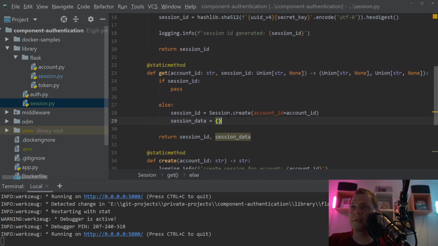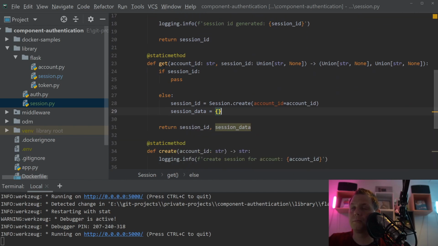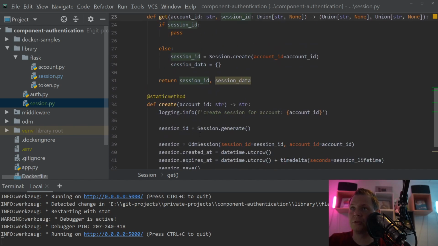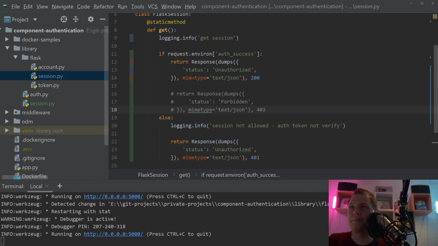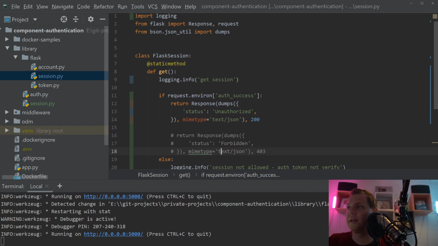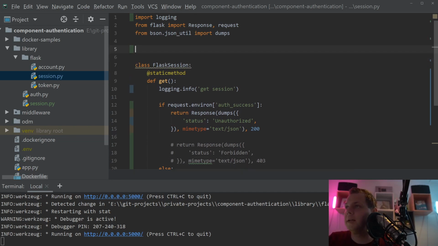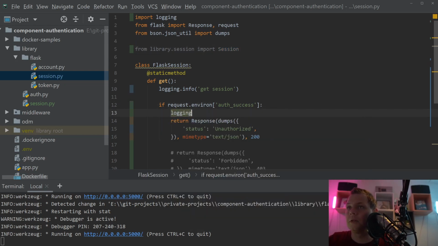So now if everything is going well, if you click on get and you don't have any sessions, we need to create a new session and return it back. So let's go back for the session up here and try the function out. Let's go up here to the top and say from library session import session, that's what we want, and then we need to go down and say log here, and what we want to do inside here, it's just saying the session allowed,